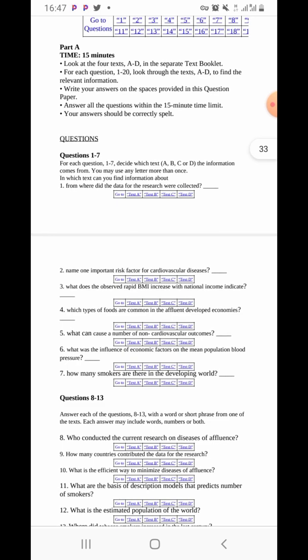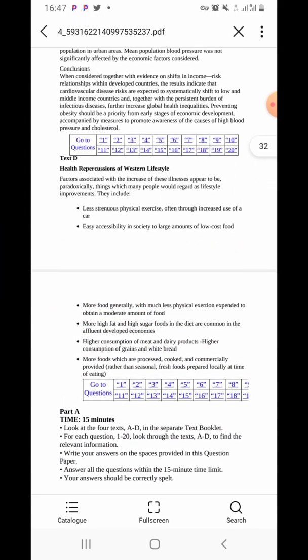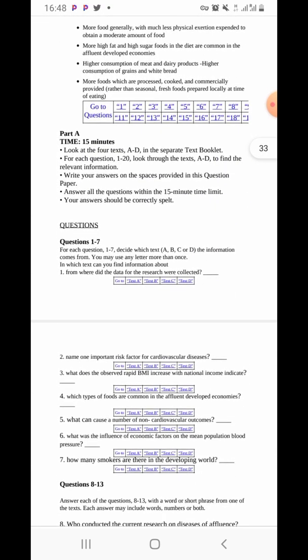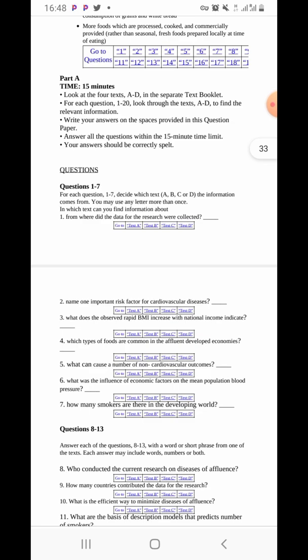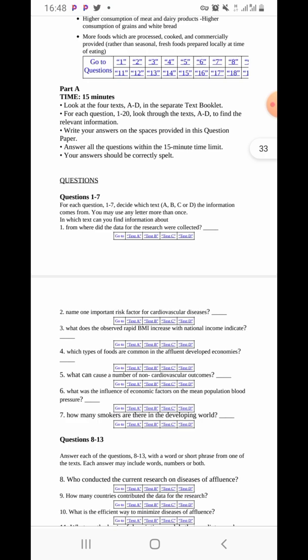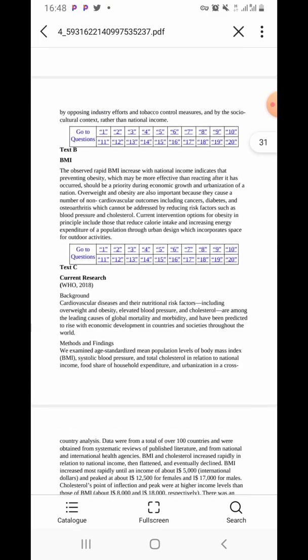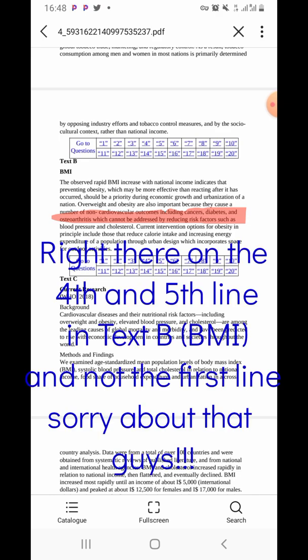You're talking about affluent developed economies, so go to where they talk about developed countries. That's text D. So that's your answer, text D. Just put D there. Then number 5: what can cause a number of non-cardiovascular outcomes? Tobacco causes cardiovascular diseases, but now they're asking about non-cardiovascular outcomes. So here it is going to be BMI, body mass index. In fact, it is right there on the first line: the observed rapid BMI increase with national incomes indicates